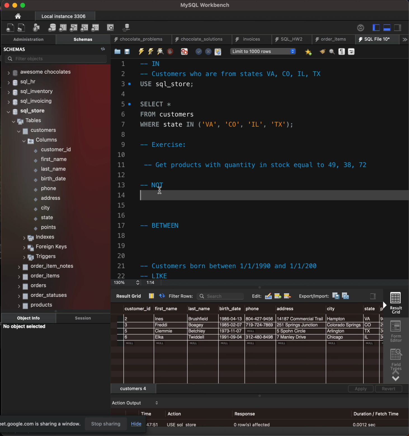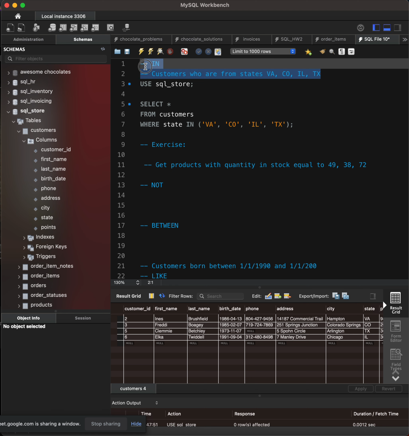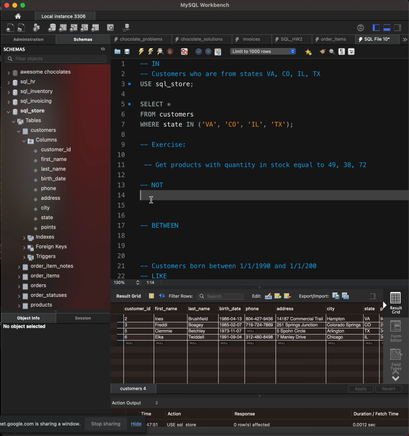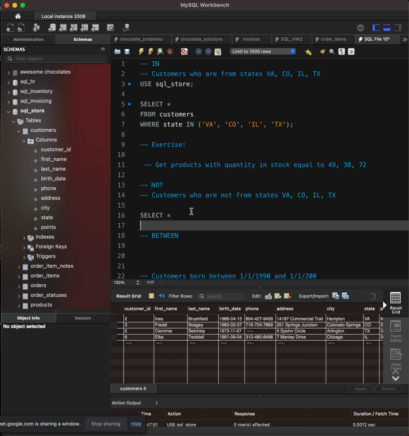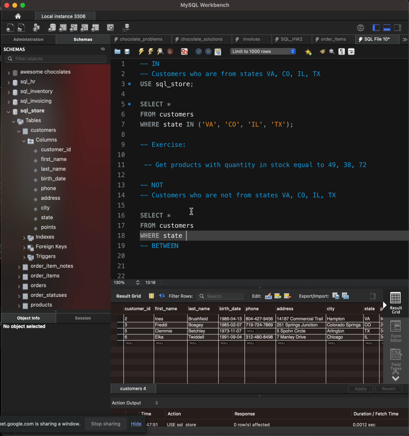We can also use NOT, and NOT is simply to negate a particular condition. Say for instance we want to pick those states that are not here. Essentially, that would be like saying customers who are not from these states, and that would mean doing something like select star from customers where state not in